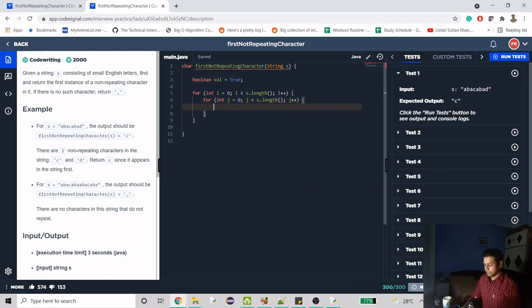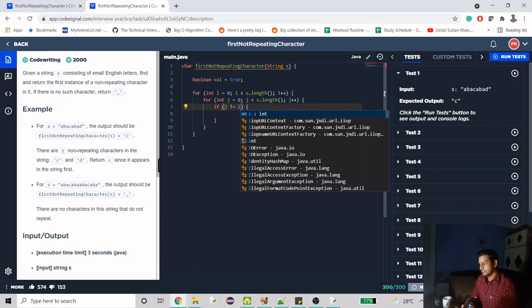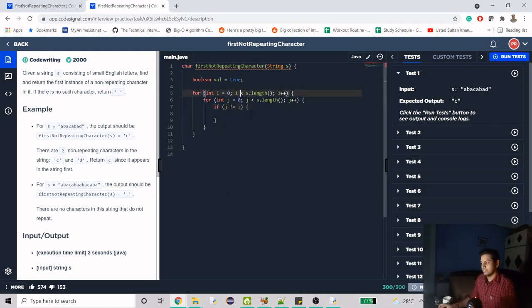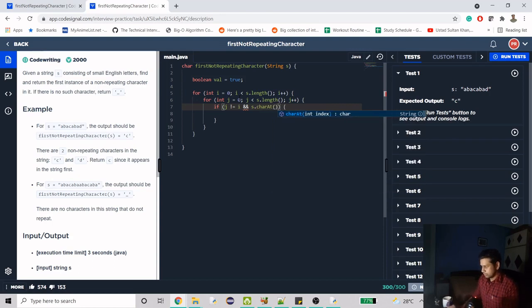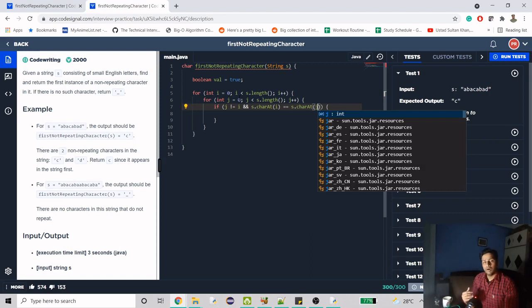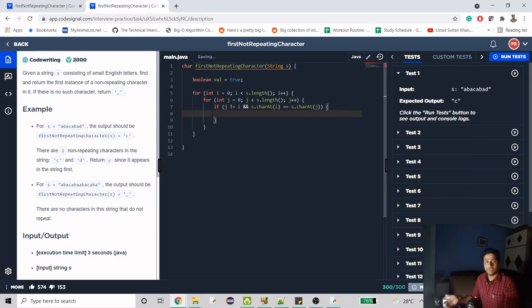Now here comes the main part, the if condition. The if condition is: if j is not equal to i, as in the indexes are not the same, right? Because on the same index we will find the same character. So if j is not equal to i, and then s at j equals s at i, this means that we found another occurrence of the character on which we are iterating.